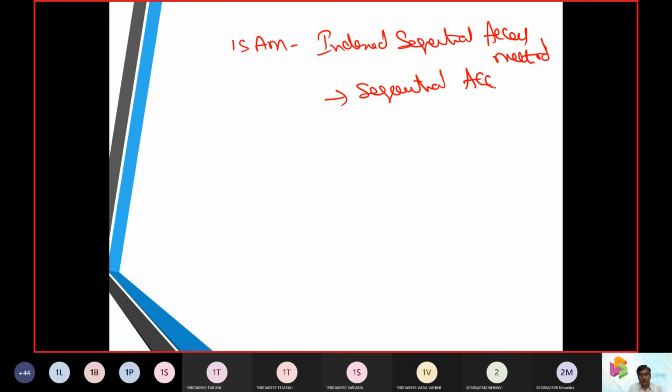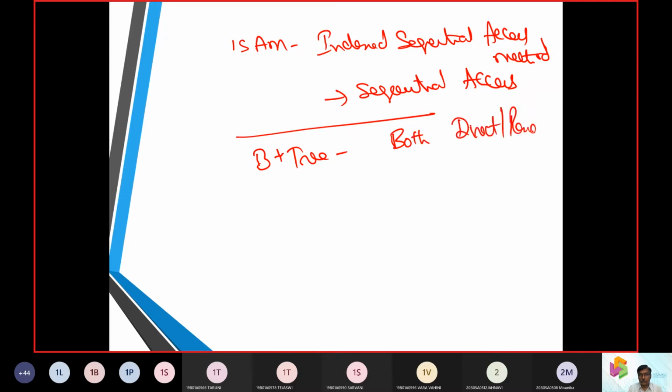Then the extended version was B plus trees, where B plus trees support both direct, the other name we call it as random, or sequential access.